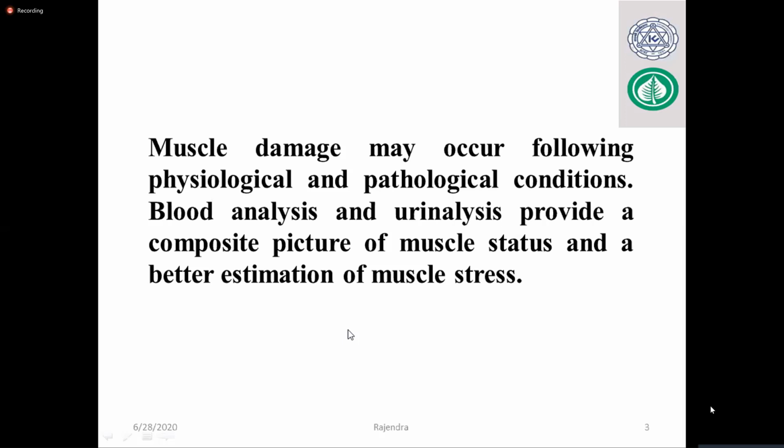For chemical substances, we can measure them in biochemistry. For cytological things or cellular structure, we refer to pathology or histopathology. To isolate some microorganism, like in meningitis, we particularly look for whether it's viral meningitis or bacterial meningitis. That time we do culture in the microbiology laboratory. But we are going for the biochemical part only today. And yes, muscle damage may occur following physiological or pathological condition. And when blood and other body fluids are measured for some biochemical substances, it reflects a very ideal status about muscle damage.